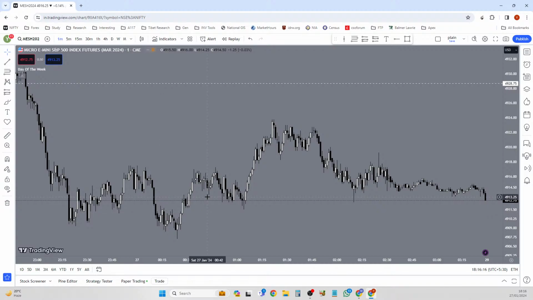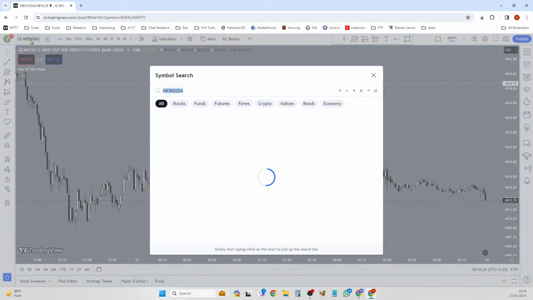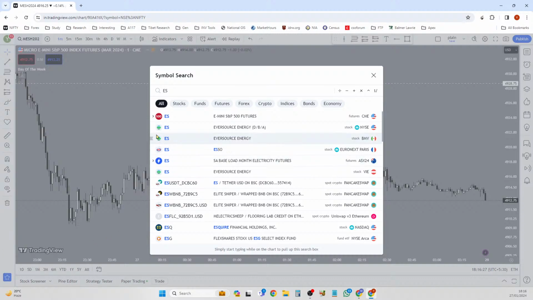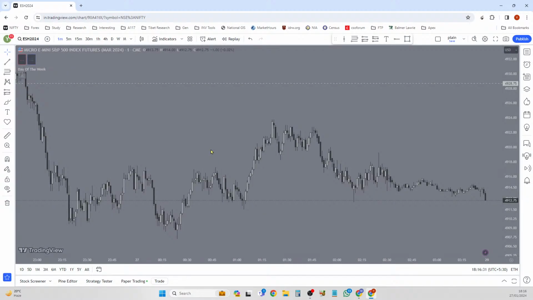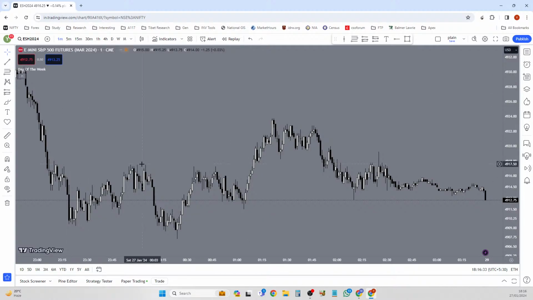Later on, when you graduate to using the standard E-mini S&P, all you have to do over there is, instead of MES, type ES, and then you will have a chart for E-mini S&P. The chart will again look similar, not exactly point to point, but the formations would be in sync with what you are seeing on MES. This is just a